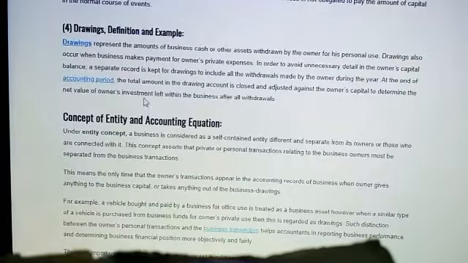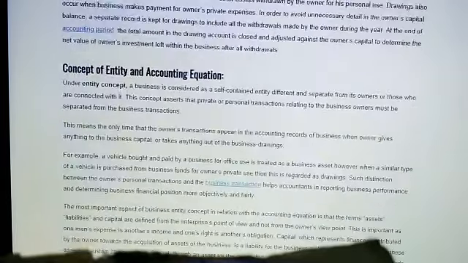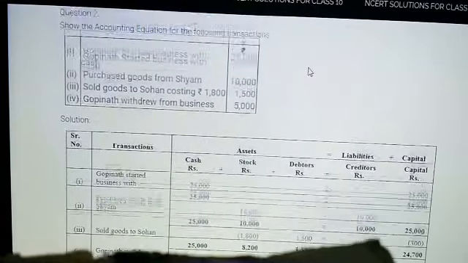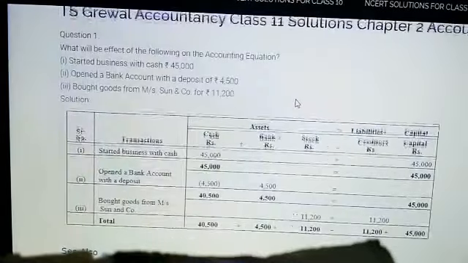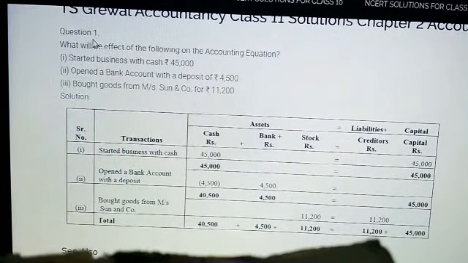Now we see some examples, then we can understand better. Moving ahead, I have this example. You can see here question number one: what will be the effect of the following on the accounting equation? So we can simply understand how we make an accounting equation. The first statement in this is